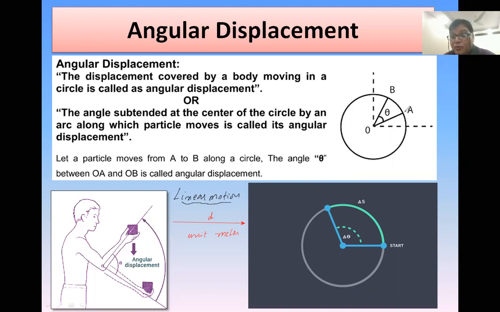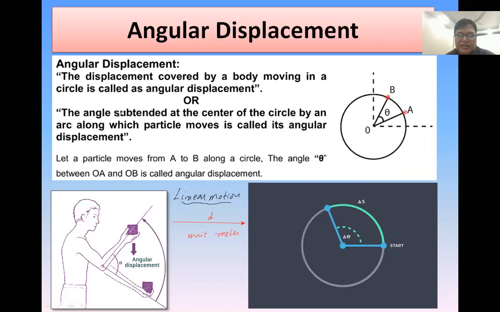When we move from this point to this point, this is the arc length. We move along a curved surface. Then the angle which is made at the center of the circle is called angular displacement. What is angular displacement? Nothing more than that, my dear students. It is just the angle turned by the particle from one point to the other. Look here. When you start here and end here, what is the angle? Let's say 30 degrees, 40 degrees, 60 degrees, whatever. Maybe this is your angular displacement.